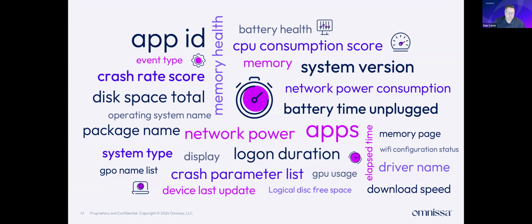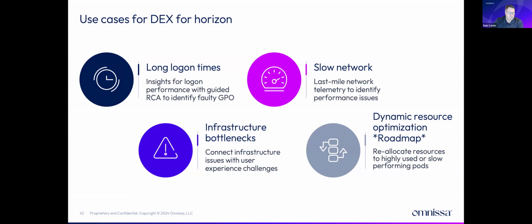The agents are smart enough to realize that maybe the UEM agent is pulling that data point, so the DEX agent doesn't need to. All of this data is going back into the same data lake that Jim was talking about earlier. There's a bunch of things that any admin who looks at just this list will see some benefits to, but the list is much more expansive as we look at everything that DEX will pull. So Jim's going to quickly talk about some use cases of where we're using DEX today and where we're seeing our customers use DEX as well.